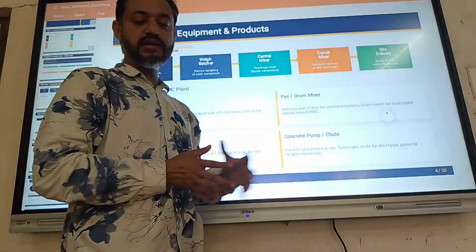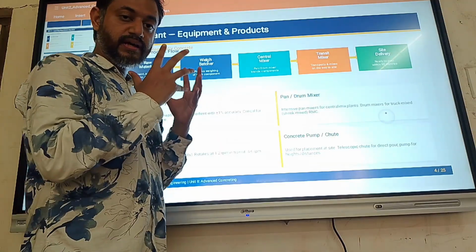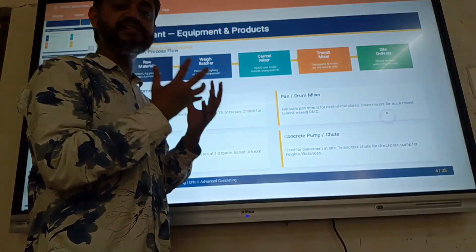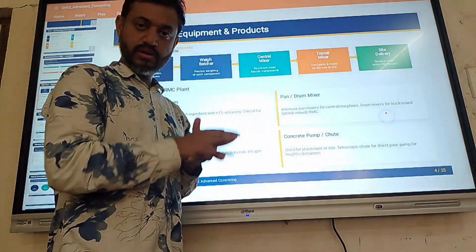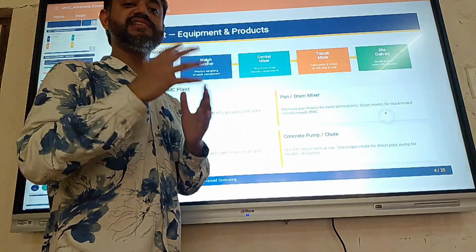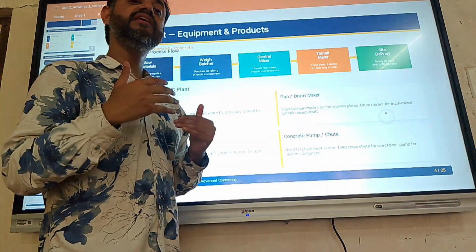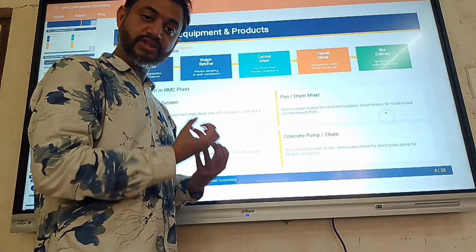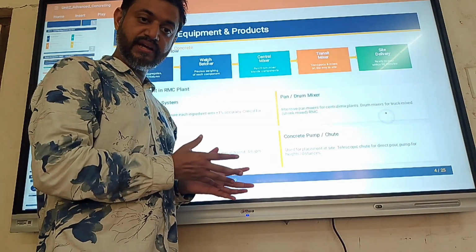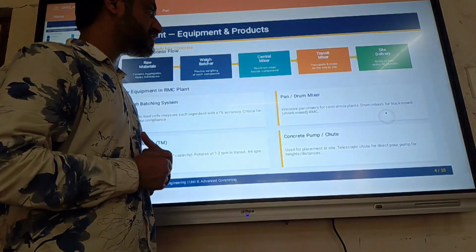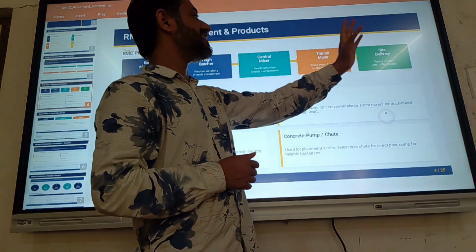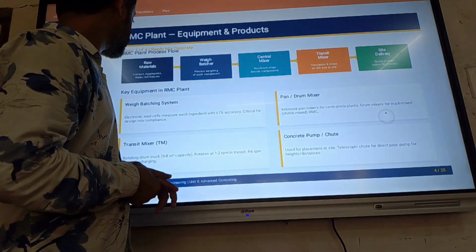So transit mixer কি করে, যে মিক্সারটা যে মিক্স আমরা প্ল্যান্টে রেডি করছি সেটা সাইটে, রেফার্ড সাইটে বা ডিজায়ার সাইটে নিয়ে যায়। যে কংক্রিটটা তৈরি হলো সেই কংক্রিটটাকে রেডি মিক্স স্টেটে সাইটে ডেলিভার করে থ্রু ট্রানজিট মিক্সার, অ্যান্ড লাস্ট কামস দ্য সাইট ডেলিভারি।